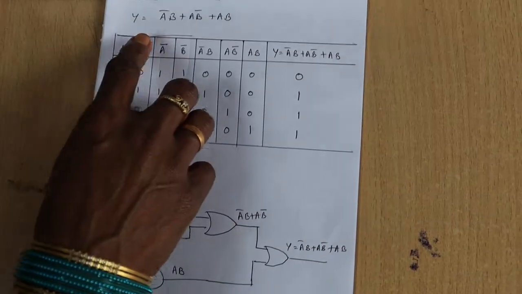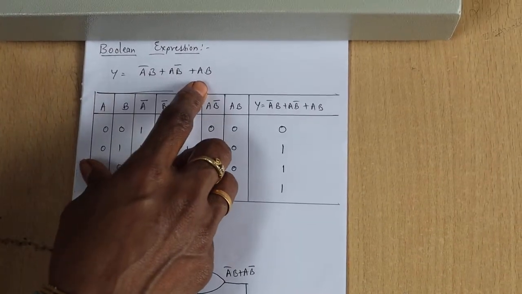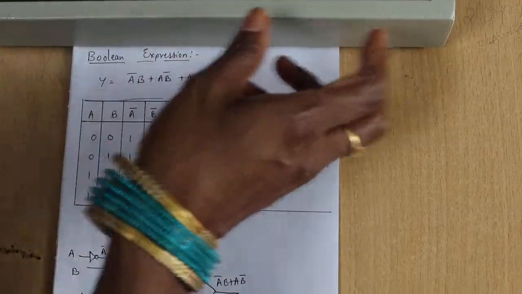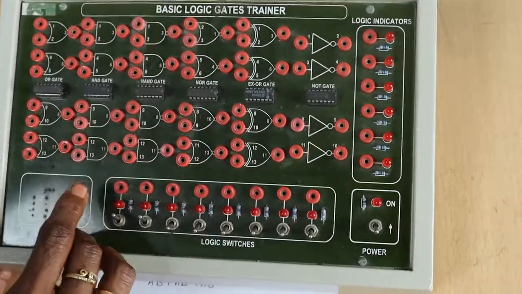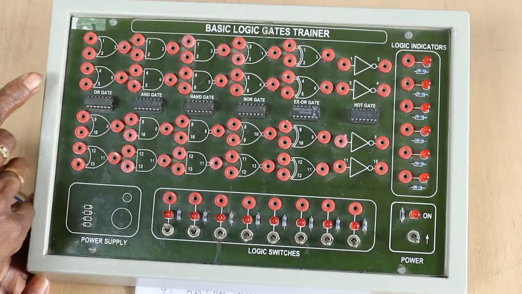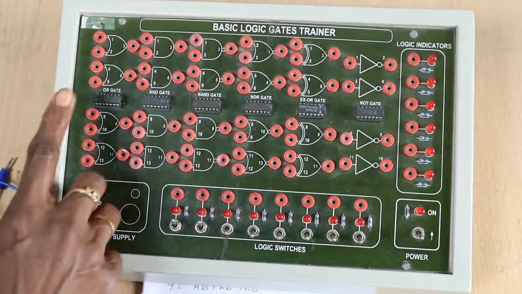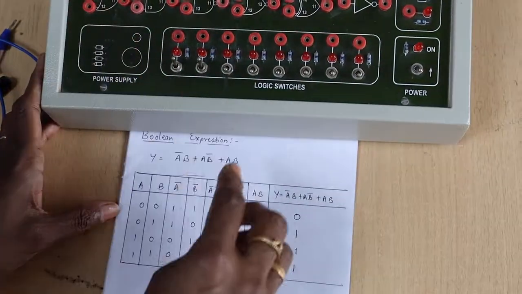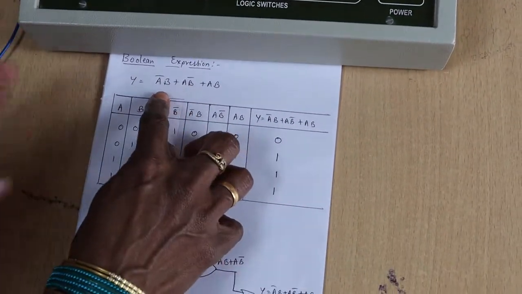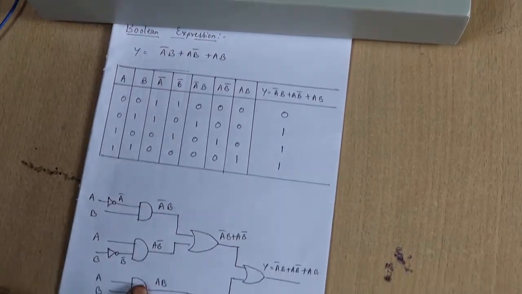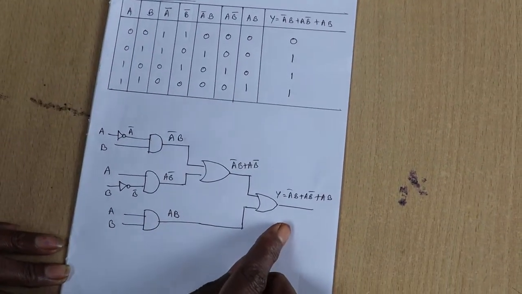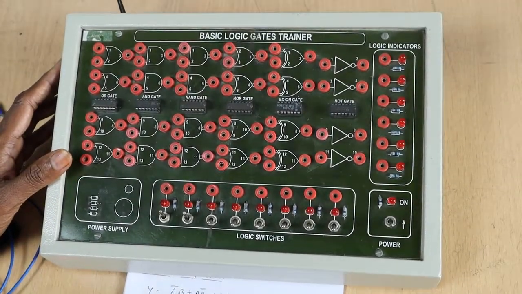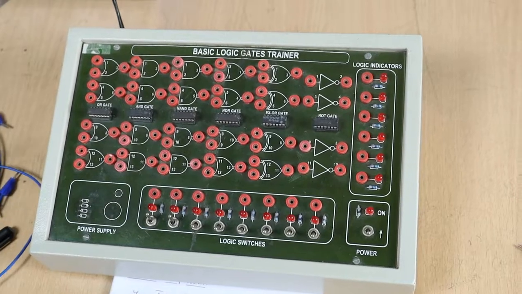Here you can see in the Boolean expression 3 min terms are there, a bar b plus a b bar plus a b. Okay. But here the logic gate trainer, this trainer kit contains only the 2 input gates. So only 2 input gates are there, and here if 3 input gates are available, directly we can use only one OR gate and we can connect all these 3 outputs of the AND gate to the only one OR gate. But here in this kit we have only 2 input gates. So first we will see,